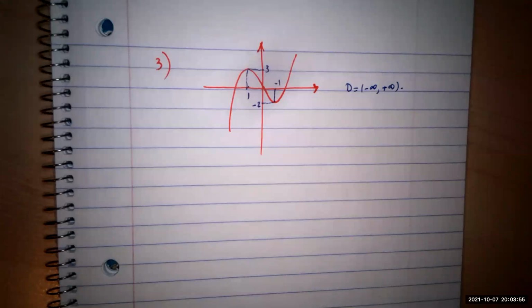The max or the min? Just think about how far you can go up, how far you can go down on the y-axis, and at what point. So Paul, maximum is 3,